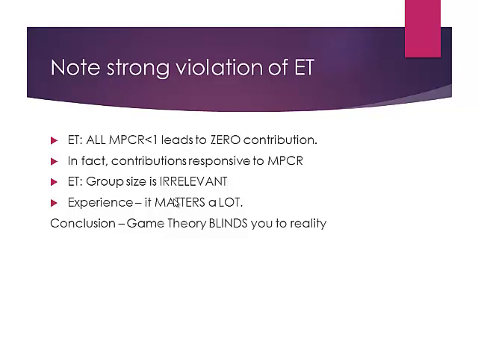So there is a huge difference between what the experimental results show and what the economic theory says. Economic theory says that whenever the marginal private benefit is less than 1, you should not contribute anything. This doesn't happen. Contributions are responsive to marginal private benefit. And economic theory says the group size doesn't matter because your incentives are determined. And experience and experiments show that it matters a lot. So basically the conclusion is like what we said, the victims of game theory, Ariel Rubinstein, and game theory blinds you to the reality of human behavior.